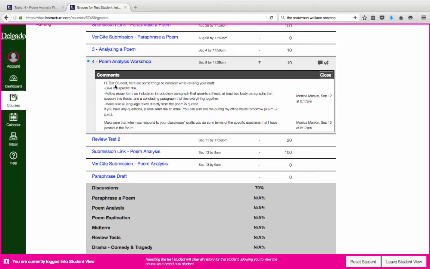All right, so a final note, as far as your essays go, make sure that you give the essay a specific title. Just calling the essay Mock Orange or The Panther isn't enough. The title needs to point to the type of analysis that you're doing as well as the poem that you're analyzing.